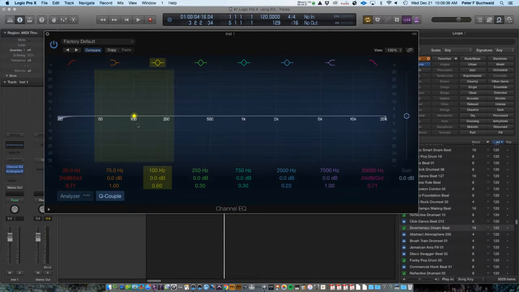The second function of your EQ is whether you are going to boost it or cut it. In order to boost it, you can grab the dot and pull it up or down to your liking, or you can go into this section and drag up or down. It's going to do the same thing. And I think you can drag up or down on that. And the final